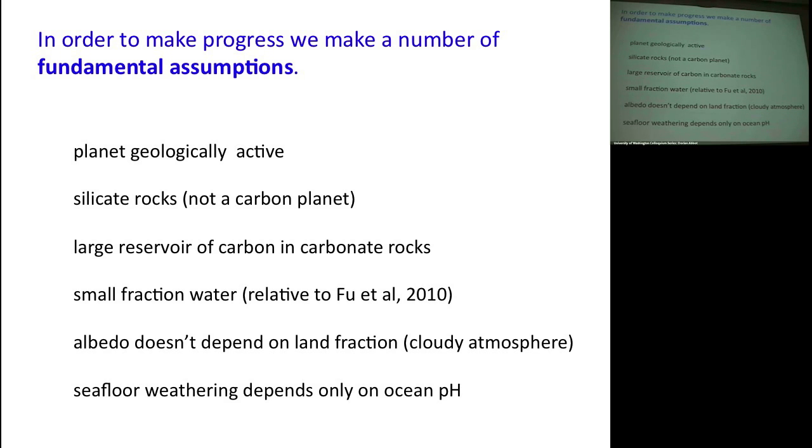Does the depth of the ocean matter? So the depth of the ocean could come into play. For example, I'm kind of trying to get rid of that as a problem by saying small water fraction. So suppose you had a 200-kilometer deep ocean. You could have so much pressure that it could cut off CO2 outgassing. So you could have effects like that. But I'm not considering those types of planets. So I'm taking something like Earth, and the only thing I want to toggle is the amount of water it has on the surface, and I only want to toggle that within maybe an order of magnitude each way.